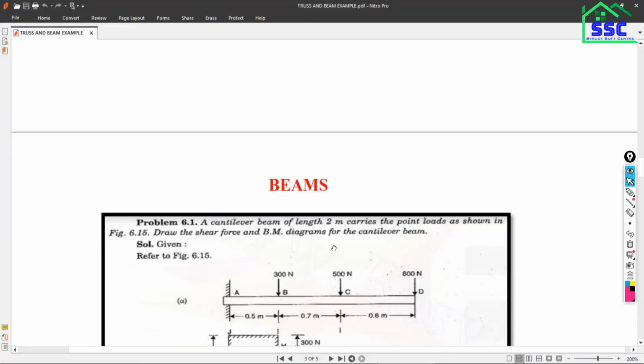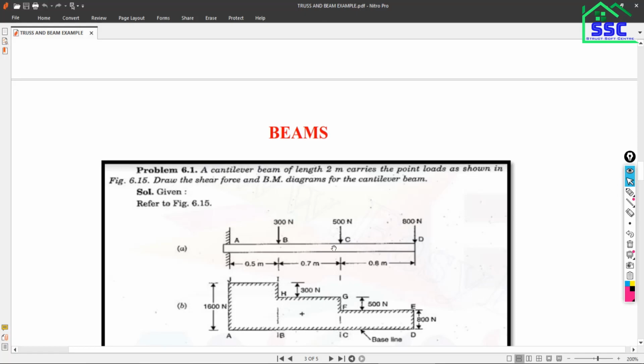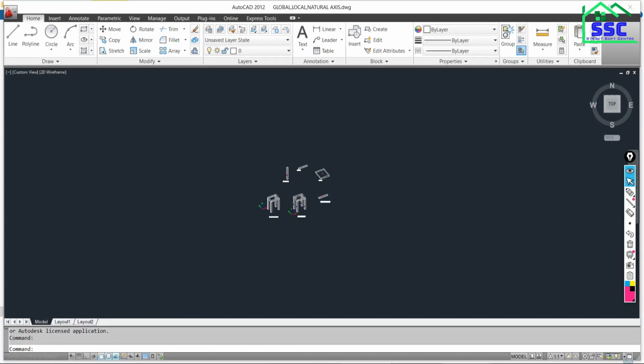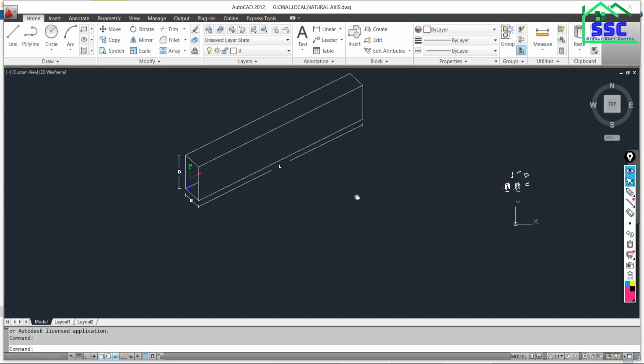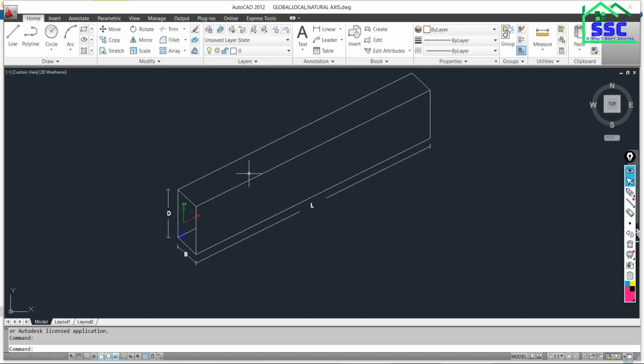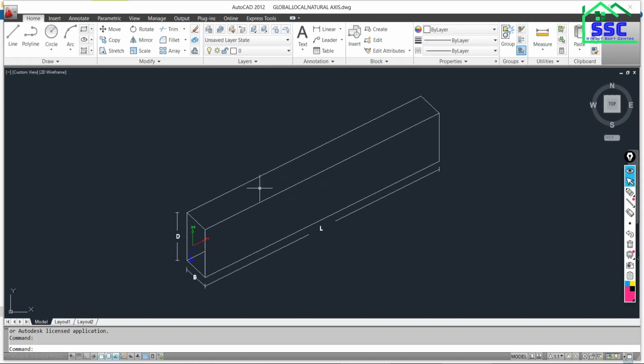Now the next topic is we have to deal with the simple examples of beams. Simple examples of beams we have to see, and many other things we have to learn with this beam section. Coming back to this example, we have to discuss the beams and some axis considerations. What are the different types of axis systems we have discussed? Global, local and natural.